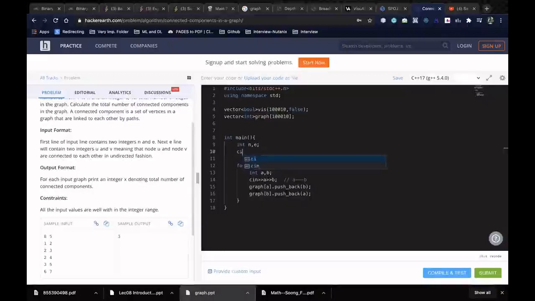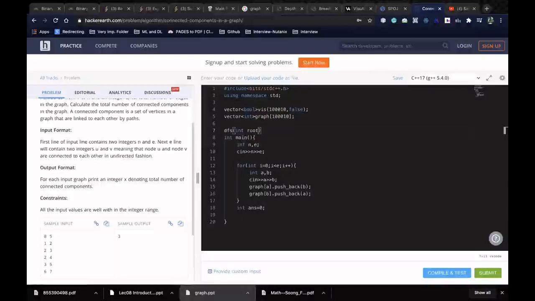Then I input n and e, and simply take a loop from 0 to e, input the nodes, and add an edge between them. Let us say my answer is initially 0, and then I do a DFS call for all the nodes that are not visited yet.